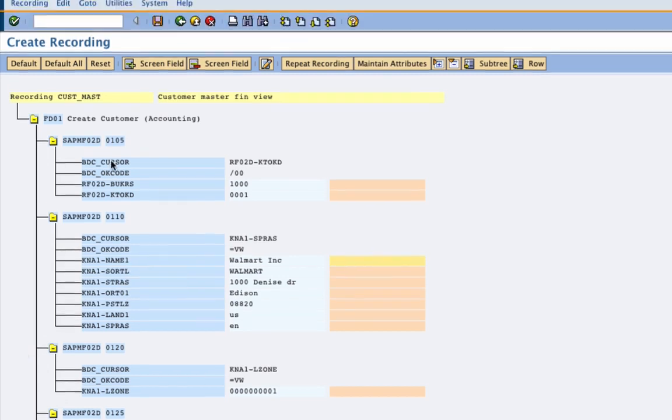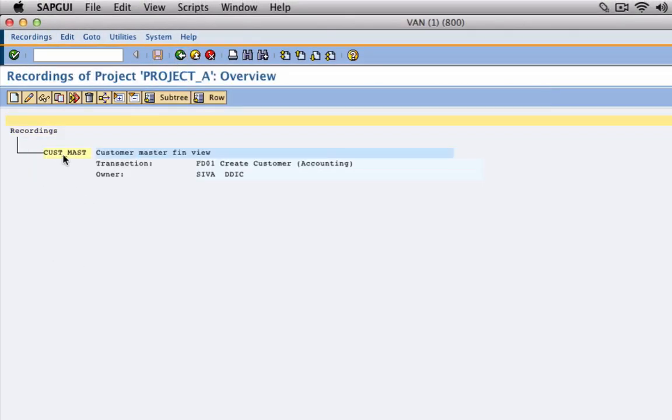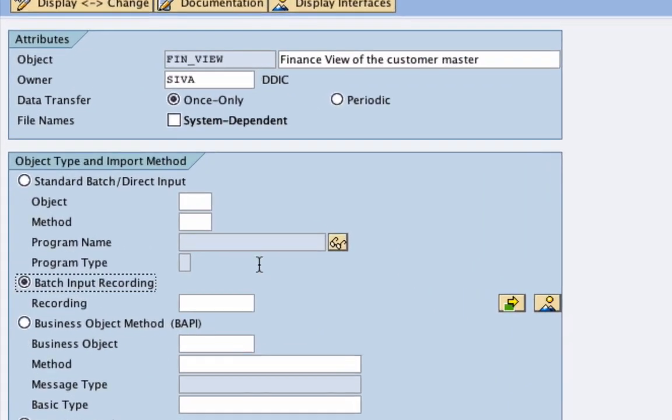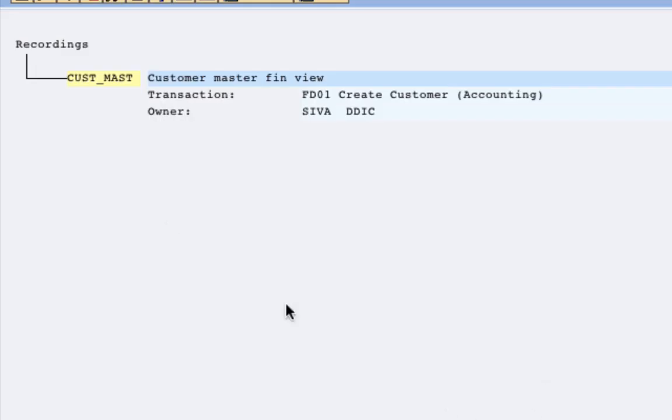Before I explain this, let me save this recording, go back, and you see that you have the recording cust_mast readily available here. Go all the way back, and in this step, go to the recording and then select cust_mast as the recording that we want to use. Now you can always go back to this button and then double click on this recording here and you go